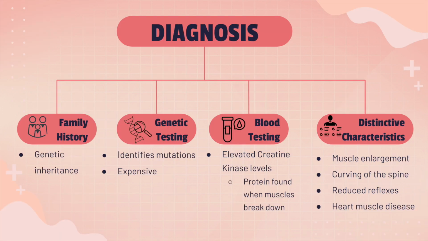One of the ways in which DMD can be diagnosed is by looking at a person's family history, given that it can be genetically inherited. Genetic testing may also identify the disease, however, it can be fairly expensive. Other diagnostic methods include blood testing for elevated creatine kinase levels. High levels of this enzyme are thought to be predictive of the onset of DMD, as this enzyme is present in muscles that break down. Some other characteristics that might be useful for a diagnosis can include scoliosis, a curving of the spine, pseudohypertrophy, muscular enlargement through the accumulation of fat, as well as reduced reflexes, problems with balance and coordination when walking, and other issues related to the heart muscle.